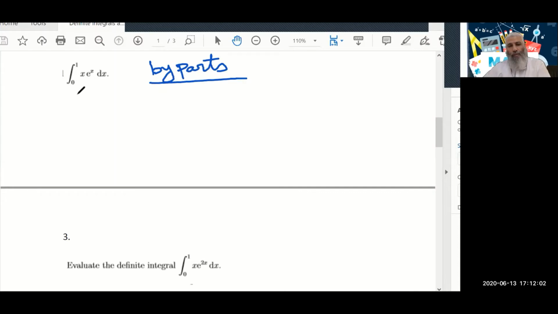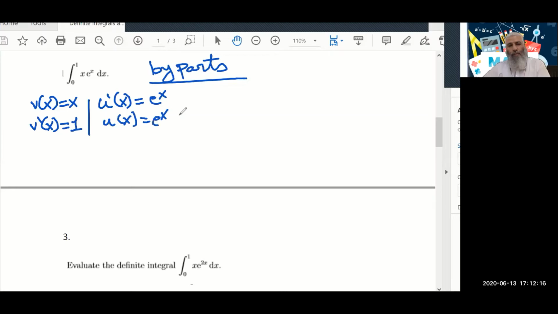And by parts, we set v of x equals x, and v dash x is 1, and u dash x is e power x, so u x is e power x. Right? Yes. Integration from 0 to 1, x e power x dx is